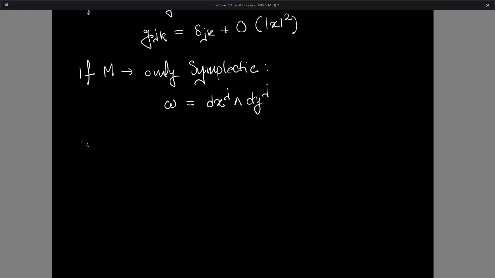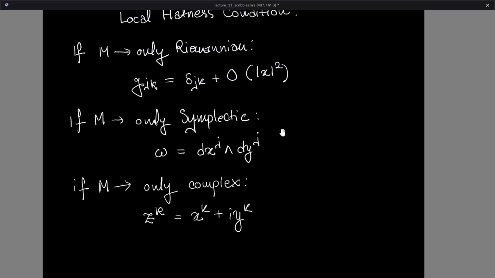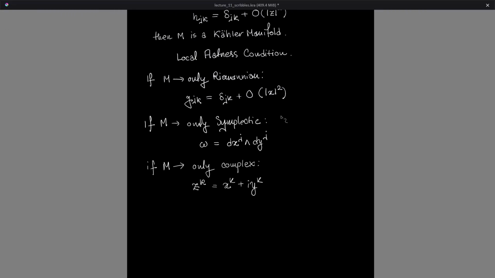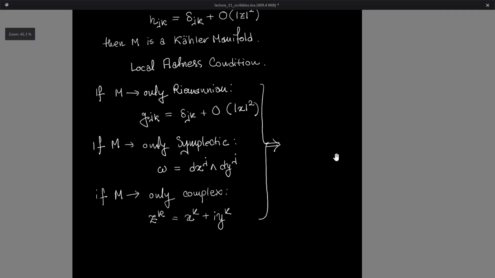But on a complex manifold, if M is complex, then we will always find holomorphic coordinates, z_k equals x_k plus i y_k, right? So these three facts are independently true if we can guarantee one of these properties. The interesting thing about Kähler manifolds is that this definition implies, and this is not a long proof, it's just a corollary, that